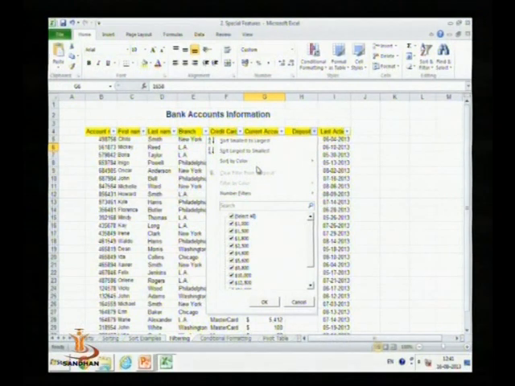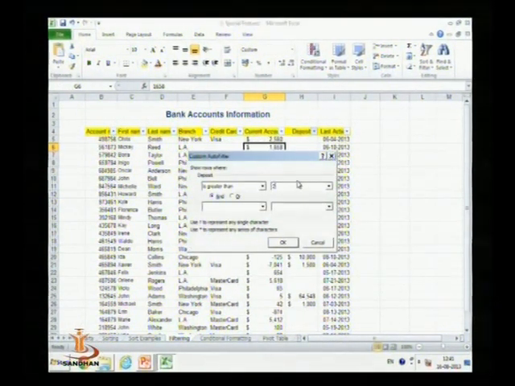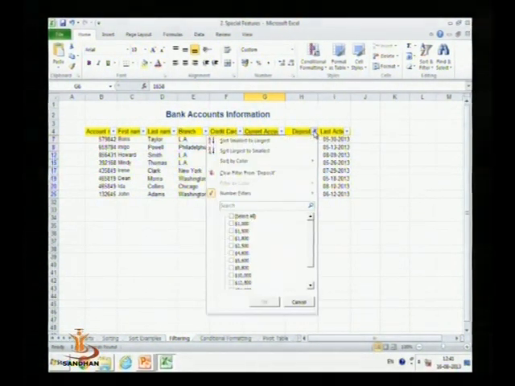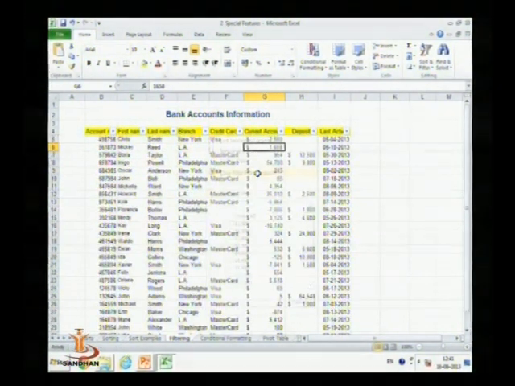So select number filter, greater than, and write 2000 here. So here it will display all the data whose deposit is greater than 2000. So this can be added by numerical filter. You can also remove this filter by clicking on clear filter.